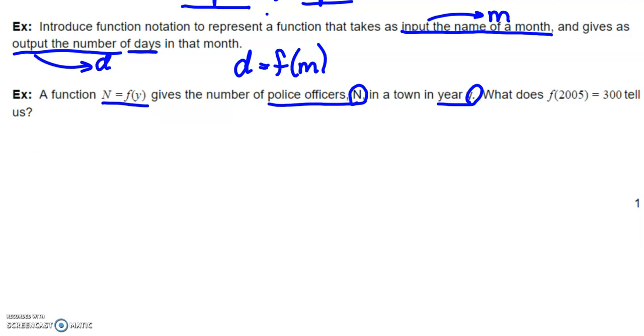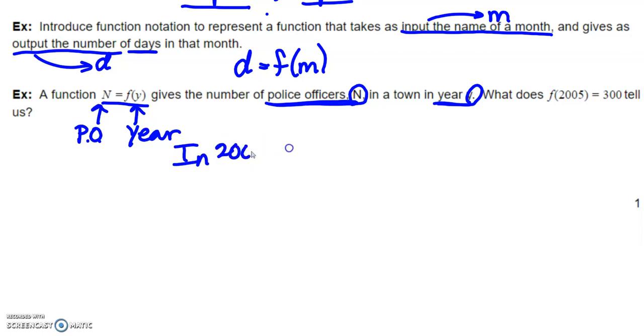Now go back to what we have here. Inside is our input. It is our independent variable. It is Y, which represents the year. So what's inside there is designated as the year. The N on the outside of what it's equal to represents the police officers. So the N, or the number on the outside, talks about how many police officers you have. So if I have specific numbers of 2005 and 300, that means in